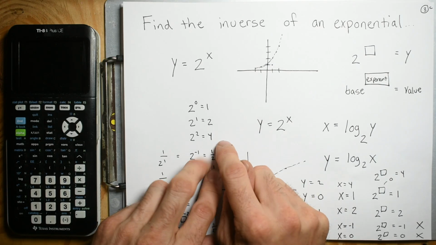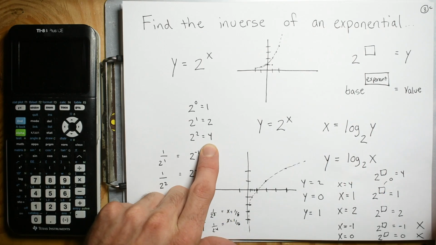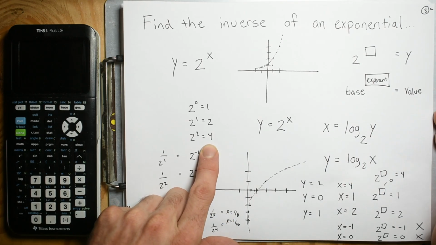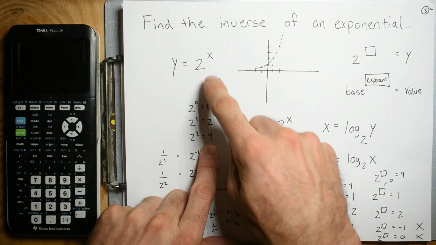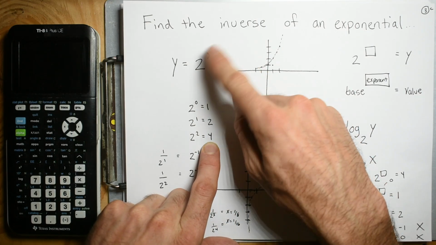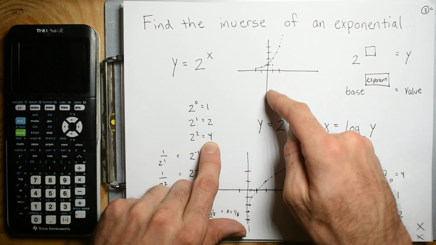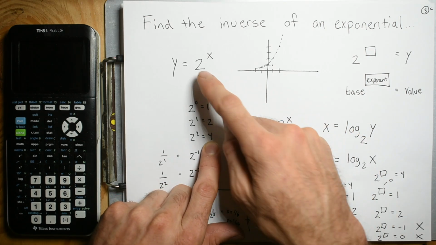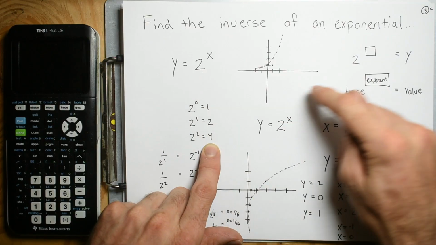Like 2, like 4 to the what? And do you even say it like that? No, you don't. This was 2 to a power is 4, but we don't get to do that. We don't just get to say 4 to what power is 2. We have to say this 2 to